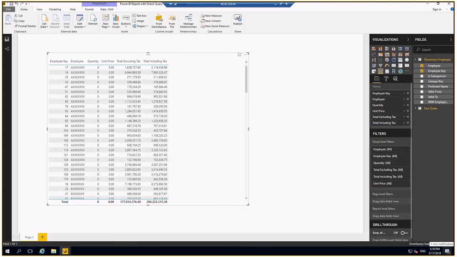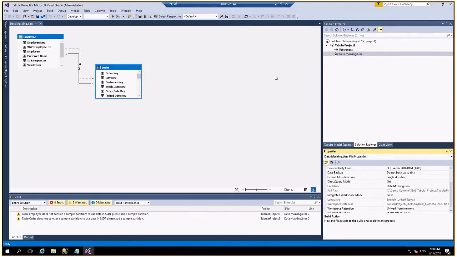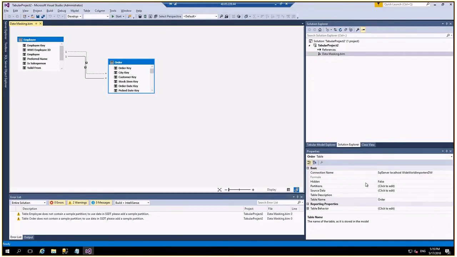So I'll just flip back to my SQL Server instance here, and I'm going to open up my tabular model. So this is a tabular model based off of the same data source. You can see I have the same two tables. It's the same structure, the employee, the order. And the one key thing that you have to do with this model is under model properties,